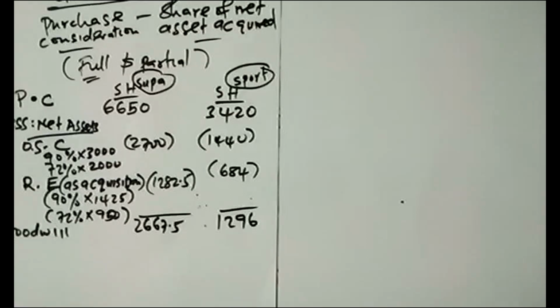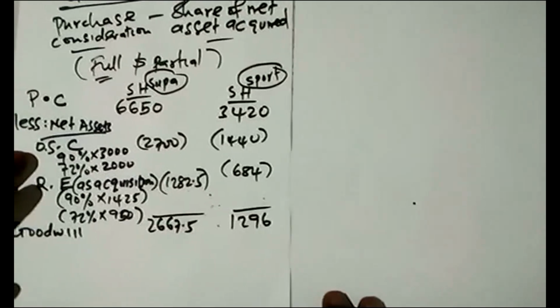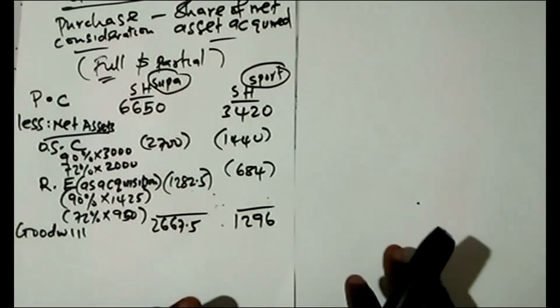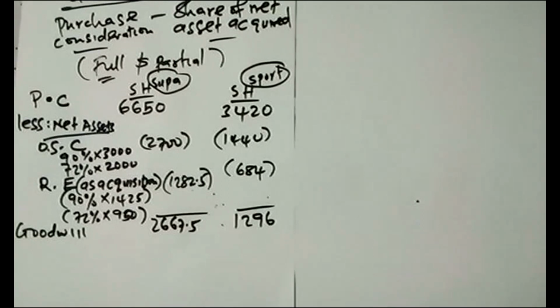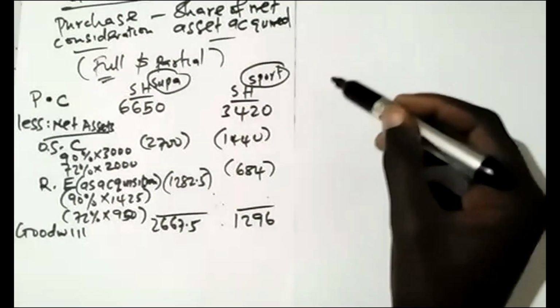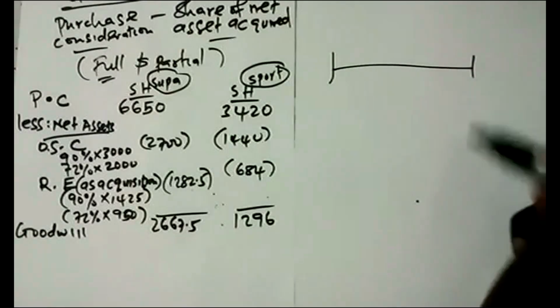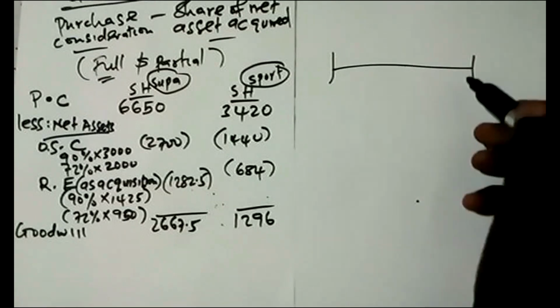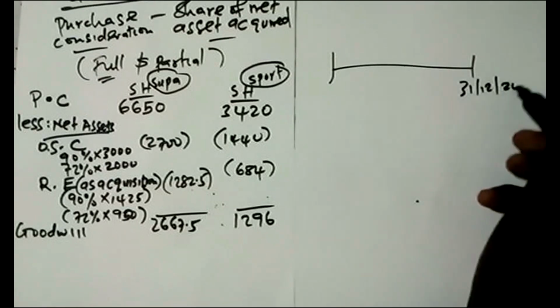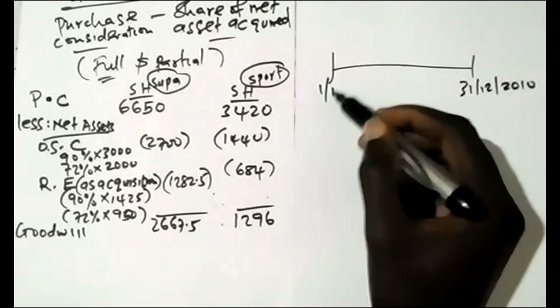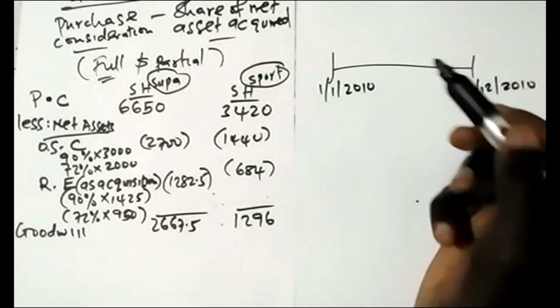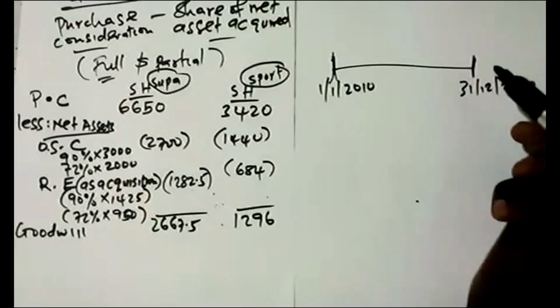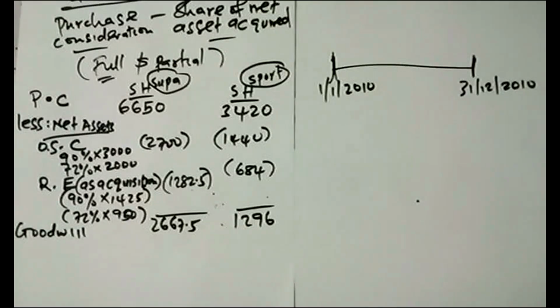So after getting the goodwill, now we need to impair. We need to check if the examiner provided us with impairment. And remember, the impairment I have to record in the income statement is the one for the year 2010, the one for the year ending 31st December 2010. So this is the one I will take to the income statement for that year.